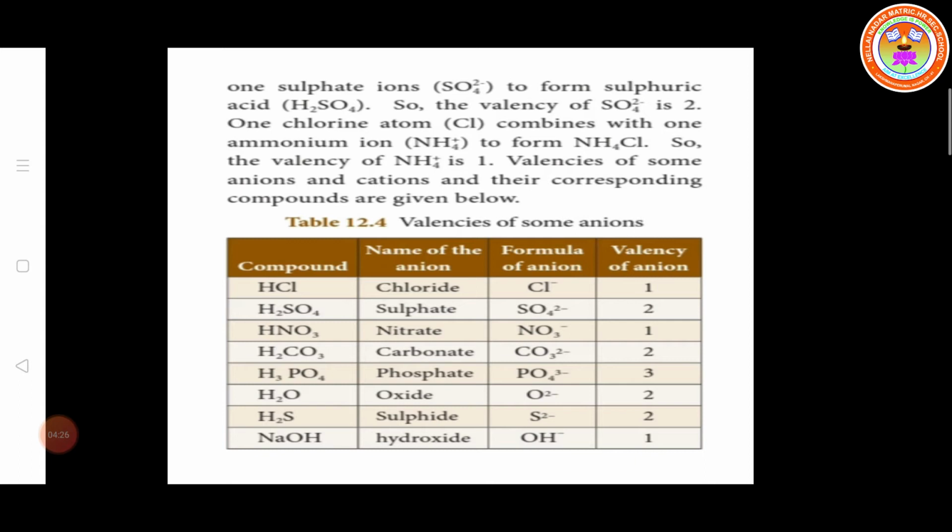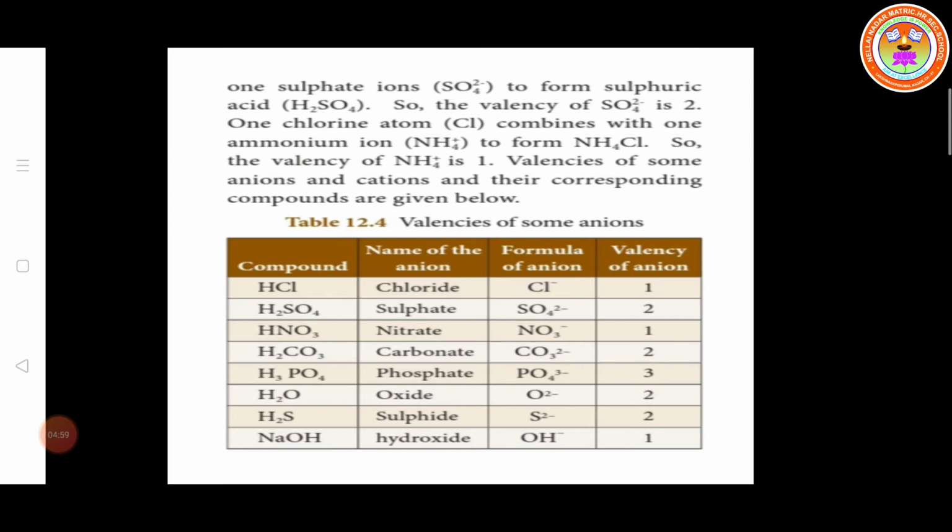Next, H2CO3. Each hydrogen has 1+, so 2 hydrogens give 2+. That means CO3 has 2-. Carbonate has 2-, so CO3 2-, and the valency is 2. H3PO4: each hydrogen has 1+, so 3 hydrogens have 3+. Here the phosphate ion has 3-, so PO4 3-,